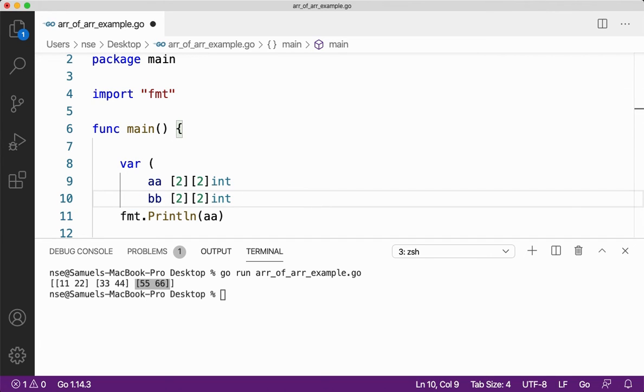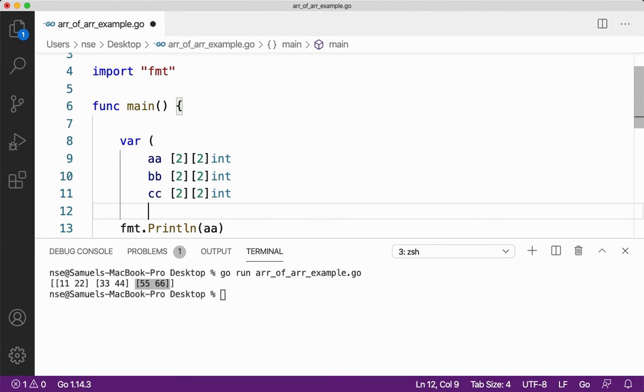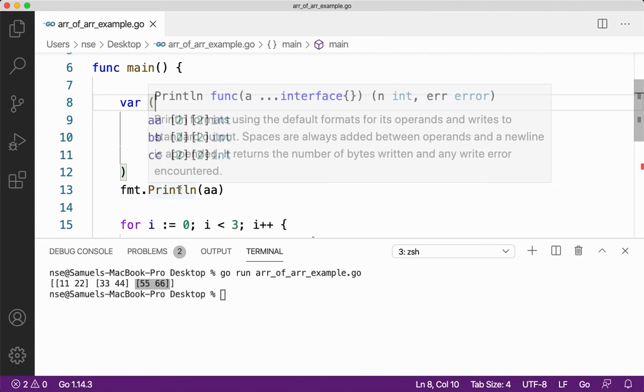It is not required for you to give var every time, just give parenthesis. Let's say cc, and then I'll close it. Now you have all your arrays declared inside the single var keyword, right? I don't have to give var every time. I can just give var and then open a parenthesis and close parenthesis. Within that I can declare all my variables or arrays whenever required. Okay,